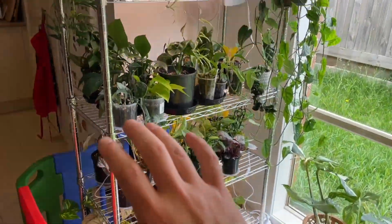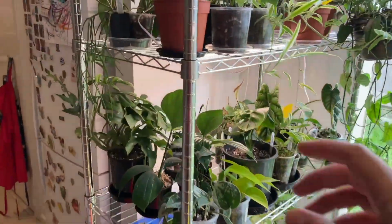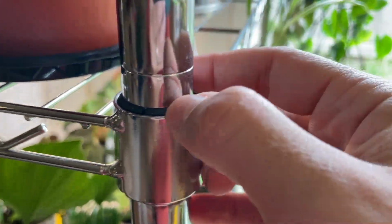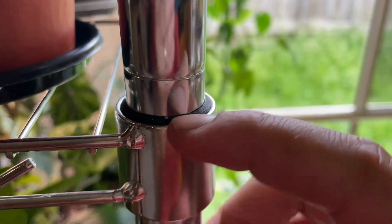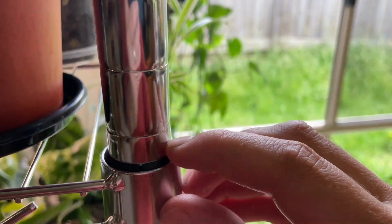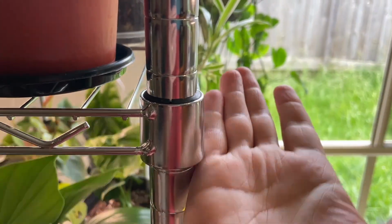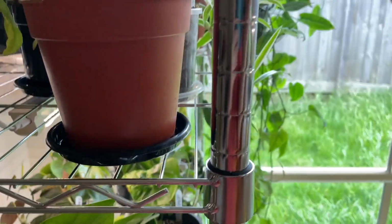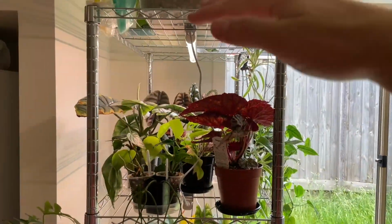So you can kind of use the top or the very bottom for storage, and then put plants on the other 3 or 4 tiers as you desire. They kind of lock in place with these little rubber or plastic inserts that go in here. And what you can do, you can probably see here, there's 2 halves and they kind of clip on and use these grooves to sit in place. And what you can do is just push this, you could push this up if there were no plants on it, and there's one on each of these corners. And then you can pull these plastic inserts out and adjust the height